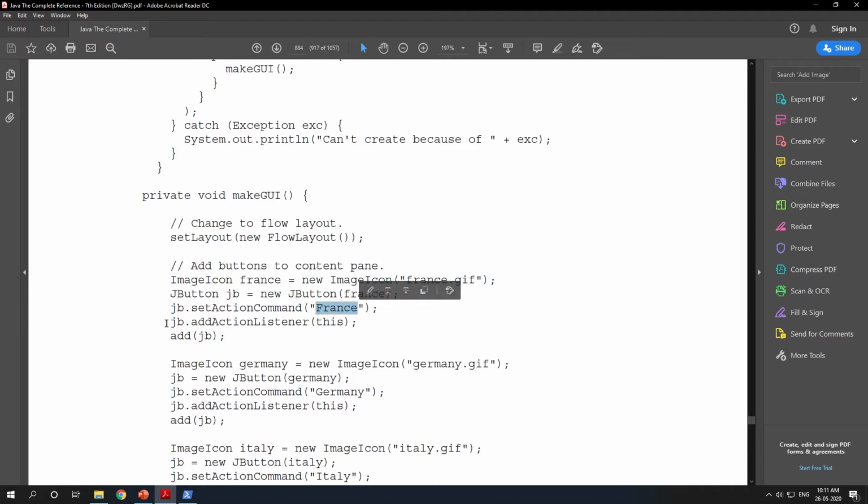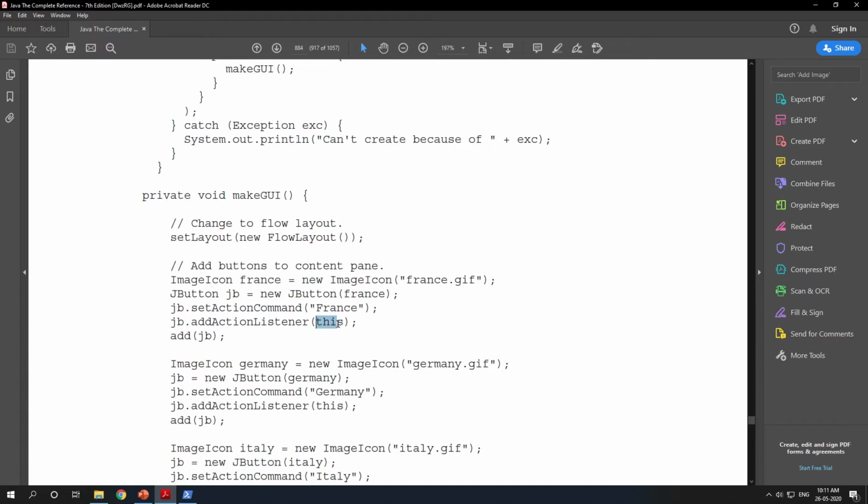Then you add a listener. I have already told you that whenever you create a source, if that source generates an event, you need to register a listener to it. So you register a listener here. We have studied that when we add an action listener, there itself we create an anonymous inner class, as you have seen in previous videos.